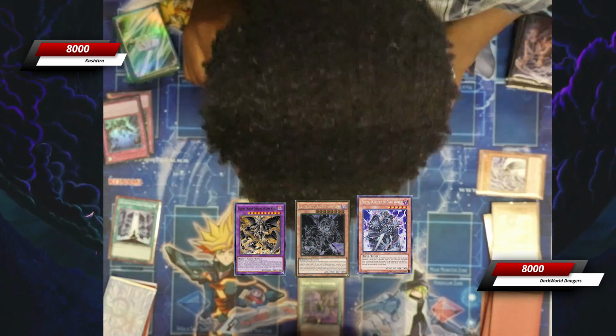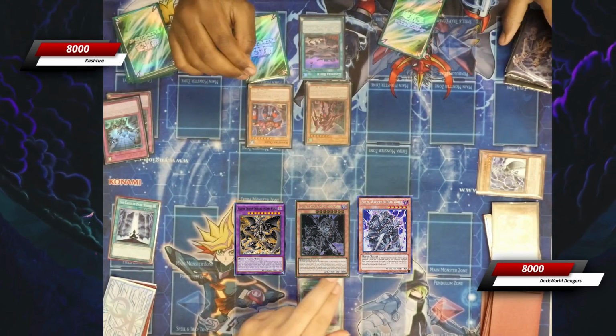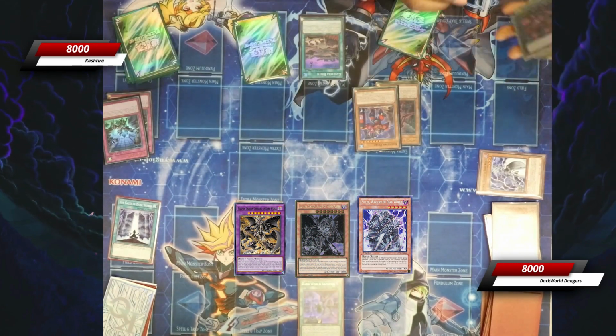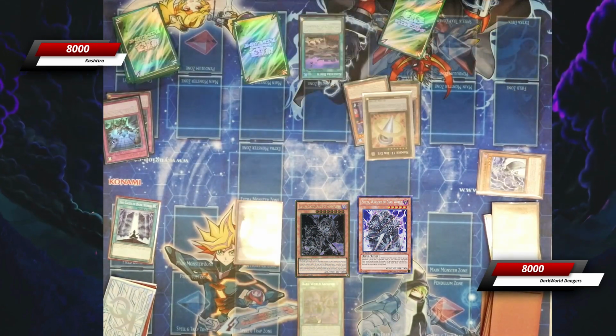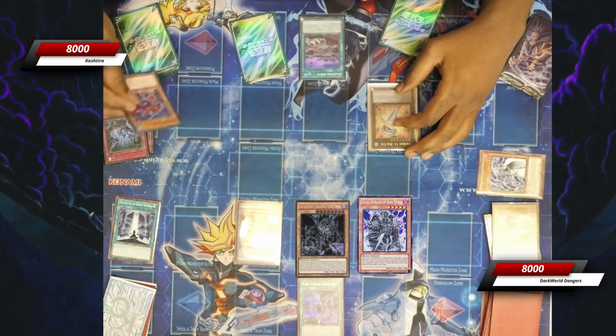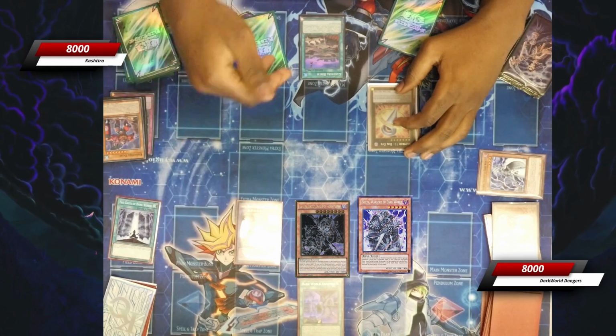Keeping in mind that all of Charlie's Fiend monsters are boosted. And DarkWorld, I believe, boosts all Fiend monsters on the field, or all DarkWorlds on the field, so it's definitely something to keep your eyes out for. Goes to Big Eye. Big Eye is going to detach the Ogre, and that is going to take the Grapha